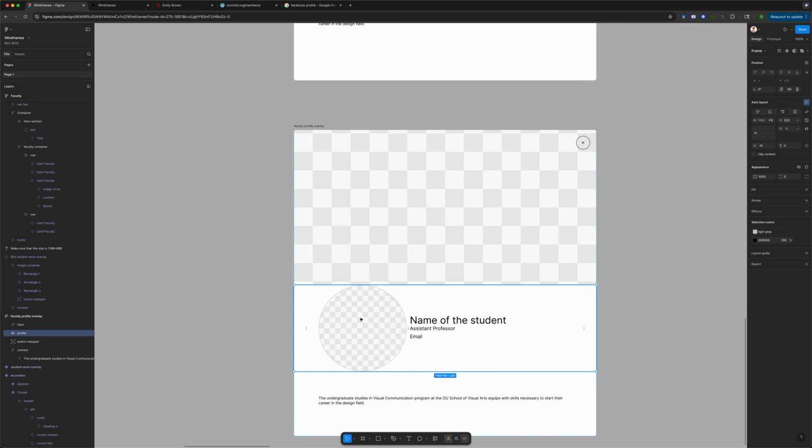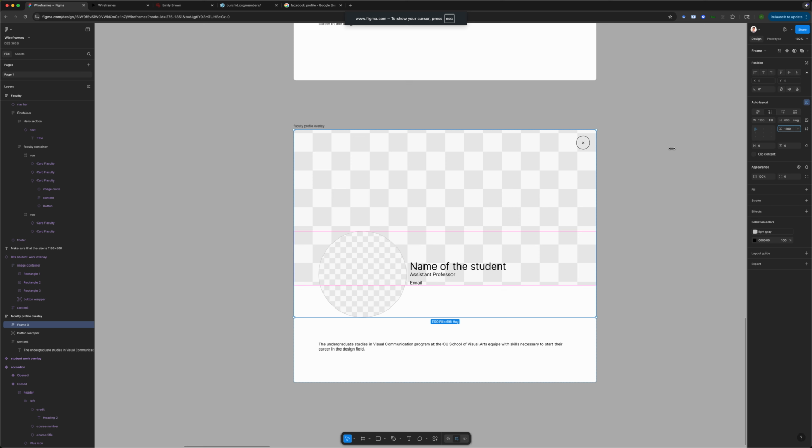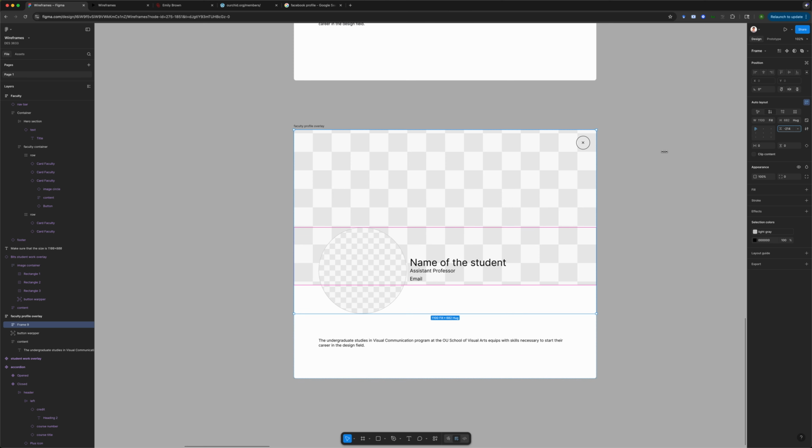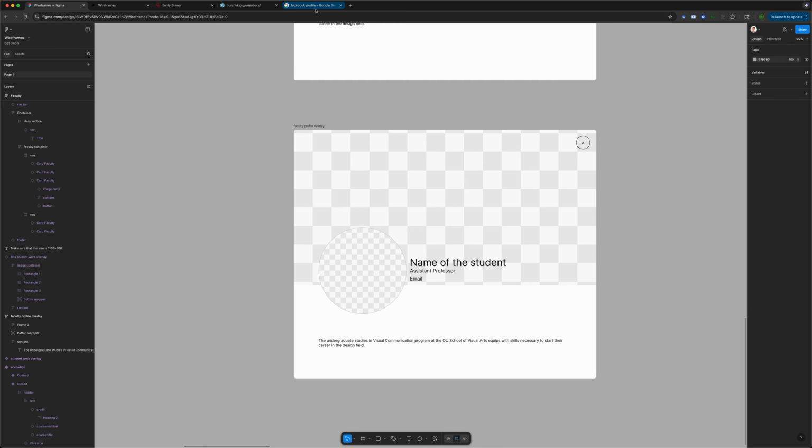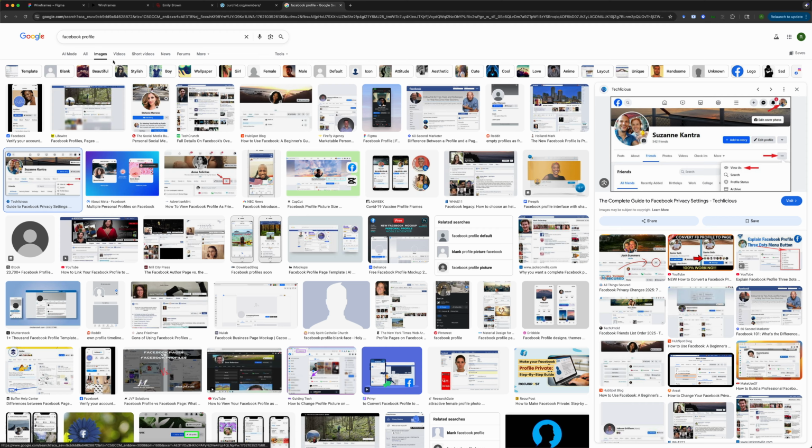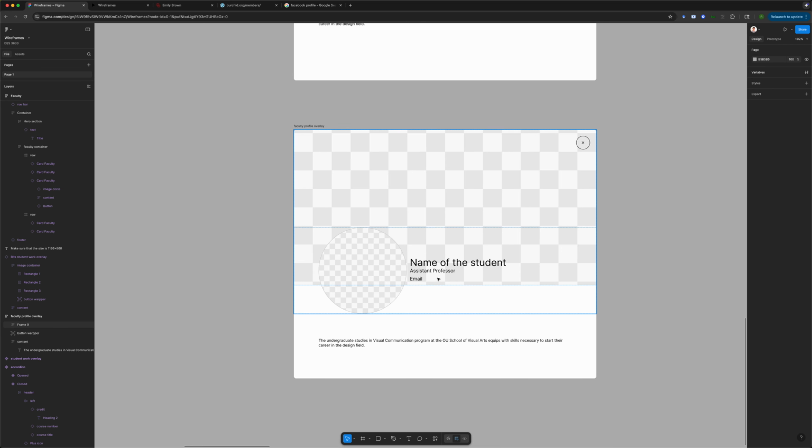So 90, okay. And now, this is not exactly, so, okay, what I want is, look, hero and profile, right? I need to wrap them in one container and then change the gap between items to negative, something negative, like so. Okay, let's see. Name and student, it's actually at the bottom. So what I'm gonna do is,